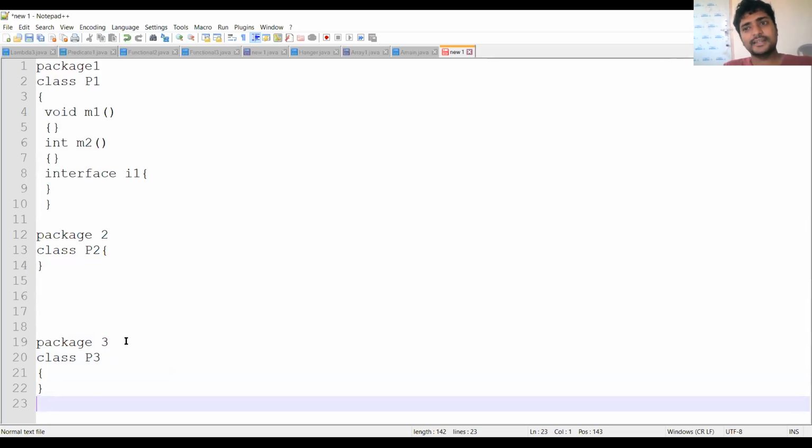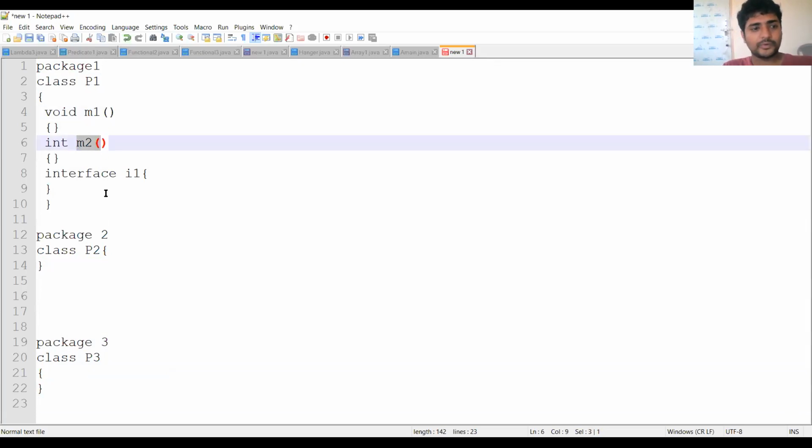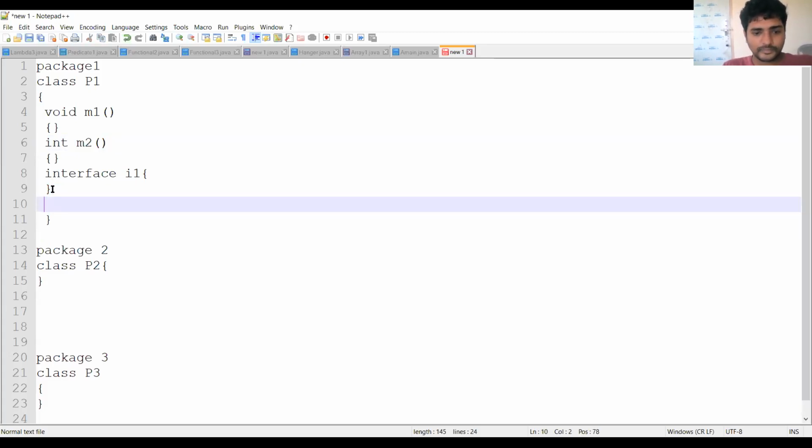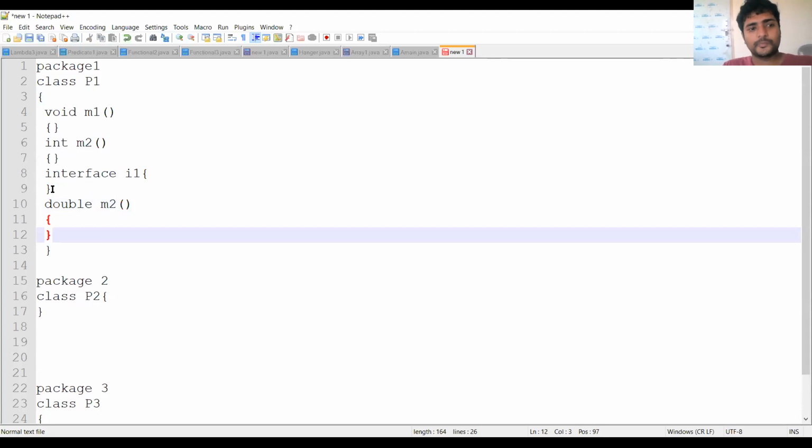So here we are discussing the namespace. Namespace means, for example, let us say it is package 1. In package 1 we have two methods, M1 and M2. Suppose I am creating another method, double M2.